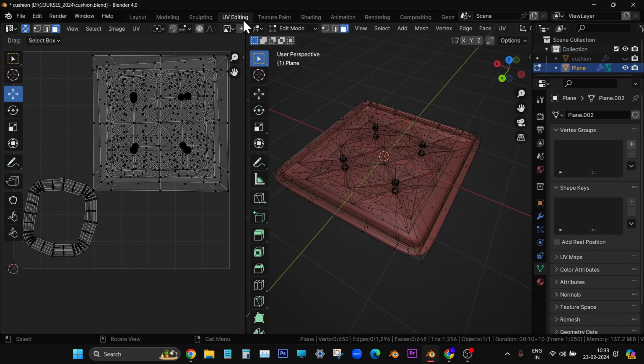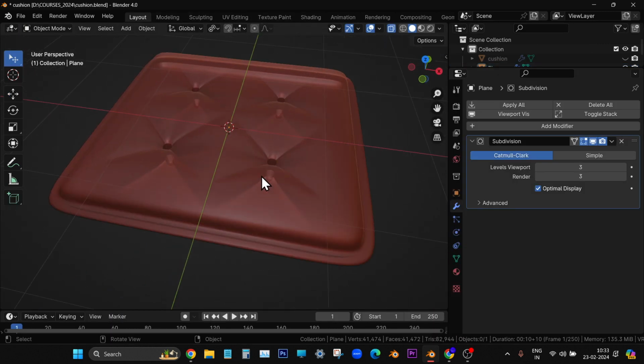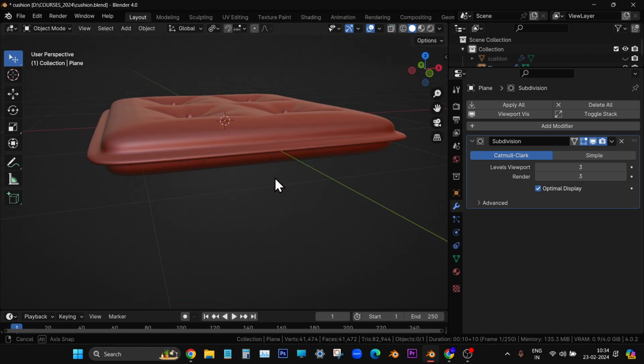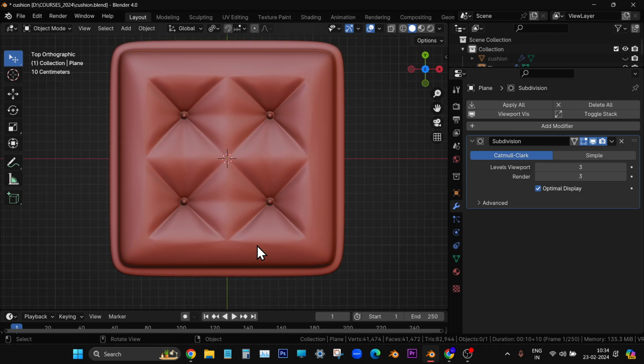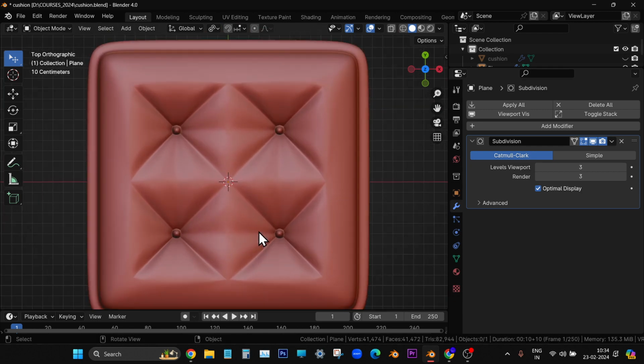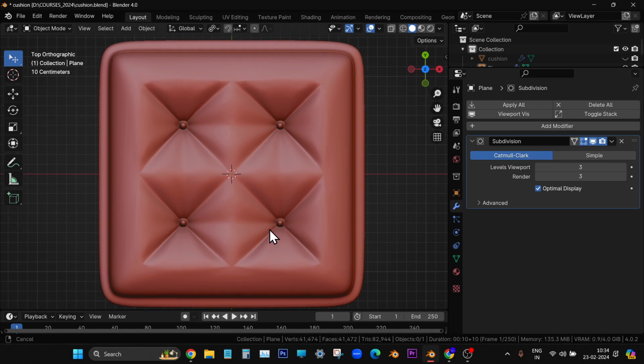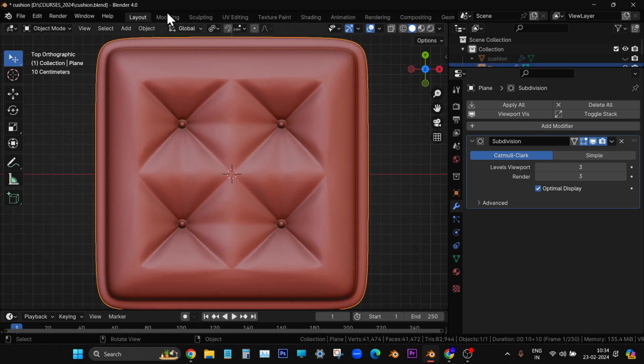UV unwrapping is also done. Okay, fine. Now you can also do this, but I will show you that sculpt part, so that if this is getting finished, you can try it. Yeah. I will go to sculpt,